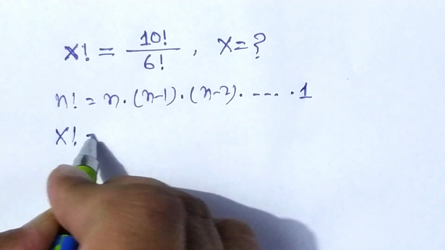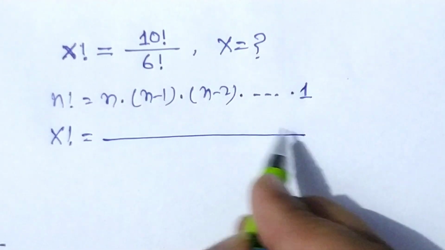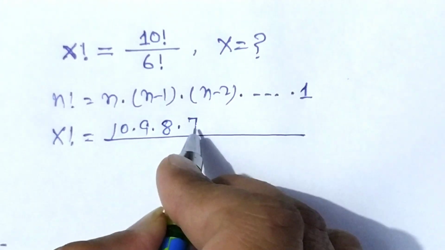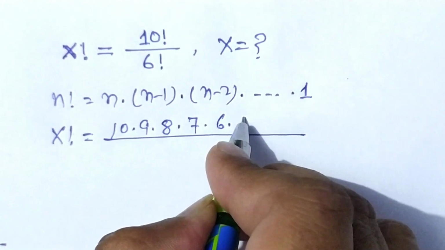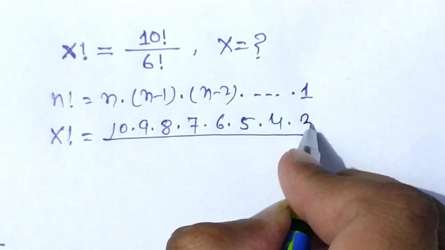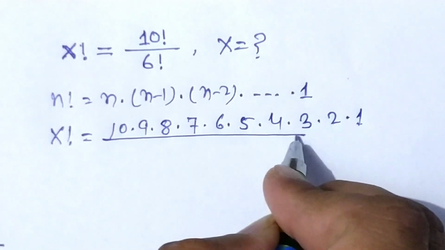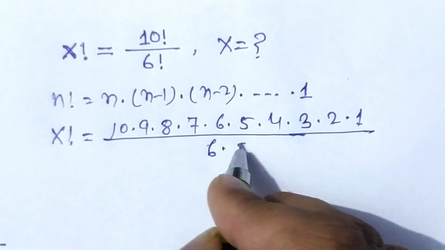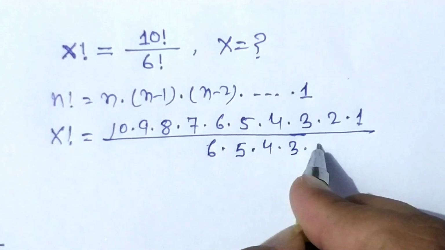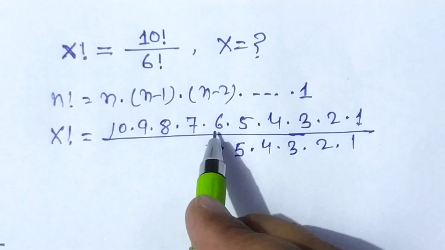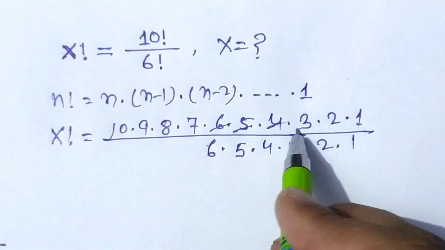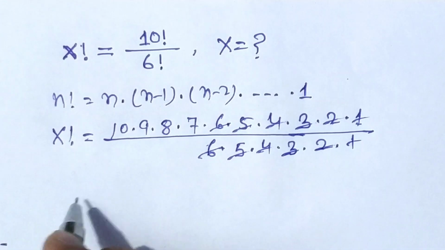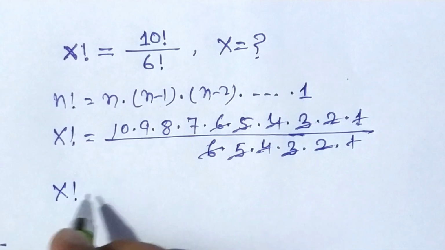Factorial x is equal to, we can write factorial 10 as 10 into 9 into 8 into 7 into 6 into 5 into 4 into 3 into 2 into 1 divided by factorial 6 as 6 into 5 into 4 into 3 into 2 into 1. 6, 5, 4, 3, 2, 1 cancel out. So that we can write factorial x is equal to